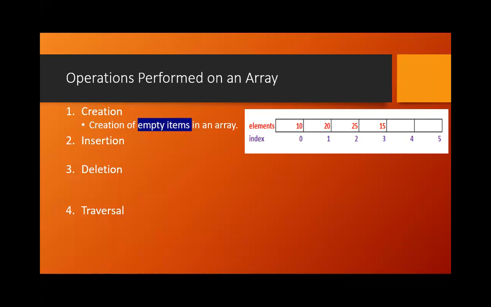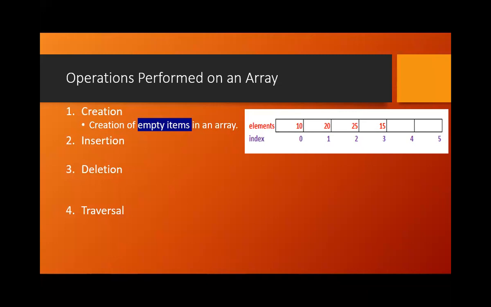When we create, the elements will be empty. If we want to assign some elements, we can do it at the time of creation, or we can assign after creation as well. So as a standard operation, creation means creating an array, and the elements will be empty. No elements will be stored in the array.